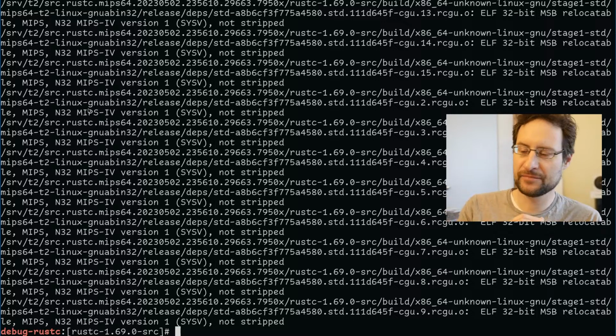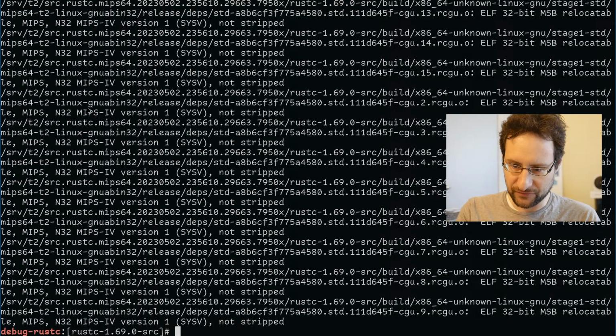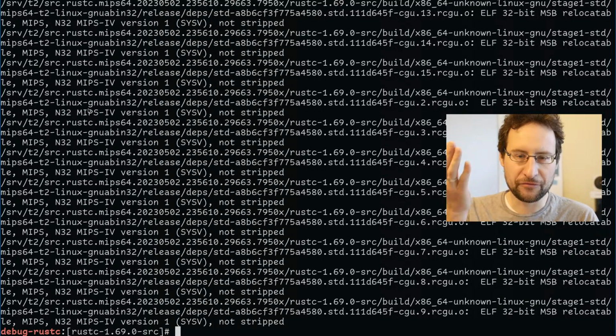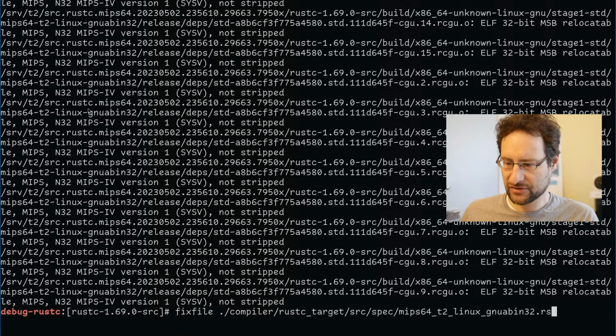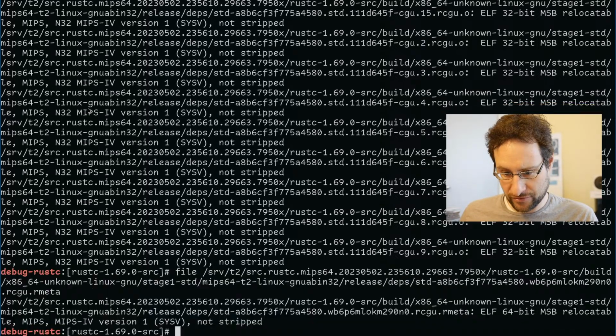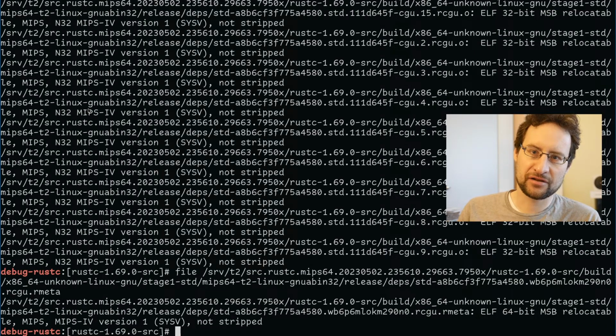LLVM is the background, as rustc is using LLVM. Turns out all the other binaries are actually proper 32-bit N32 MIPS64, as you see here. So what the heck is going on, right? Of course, last night at midnight I continued debugging this stuff, with strace and so on, to figure out what is even used to create these special ARM, Rust metadata and library files. I naturally thought some LLVM tools, but no, that is natively done in Rust.